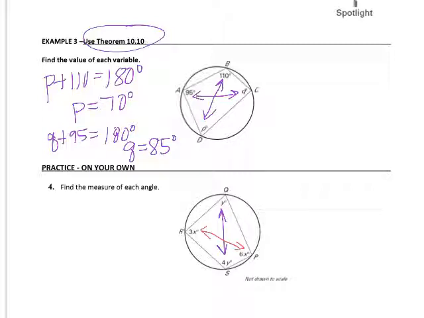So I need you to solve for each angle. Well, it says each angle. So once you solve for y, make sure you plug it back in. When you solve for x, make sure you plug it back in. And then you can tell me what the measure of angle Q is, the measure of angle R, the measure of angle P, and the measure of angle S. So you're looking for those 4 angle measures once you set up your equations for solving for y and solving